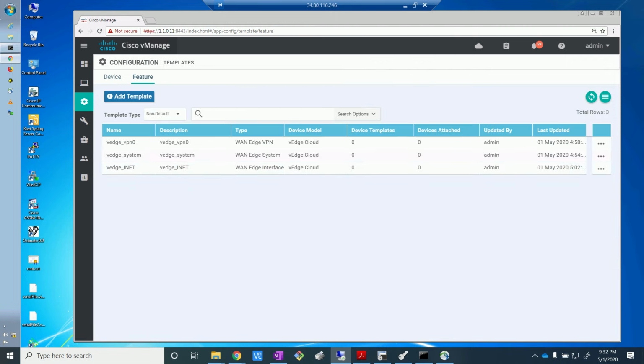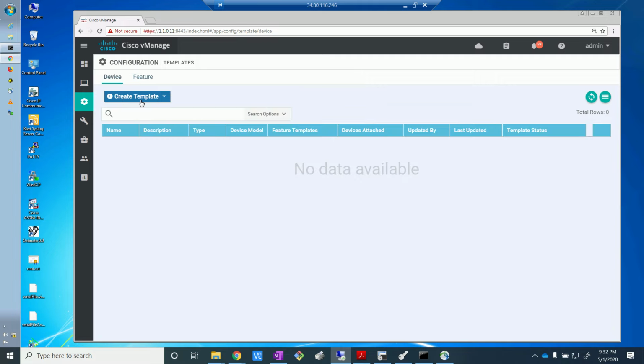There you go. So I have 3 templates done now, right? Which is great. Now, what do we do next? So once we have the feature templates, we go and create the device template. So we are creating a device template for what? Let's create from feature templates,